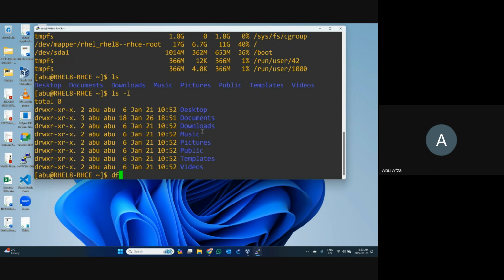Up arrow key means you can see all the previous commands, and when you use the down arrow key, all the commands will be shown here. So you can use the up arrow and down arrow keys for searching your previous commands. You don't need to write everything again.